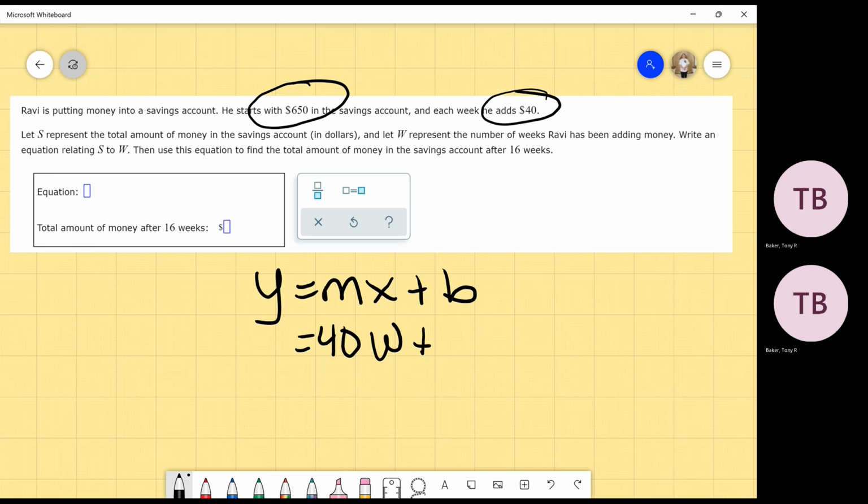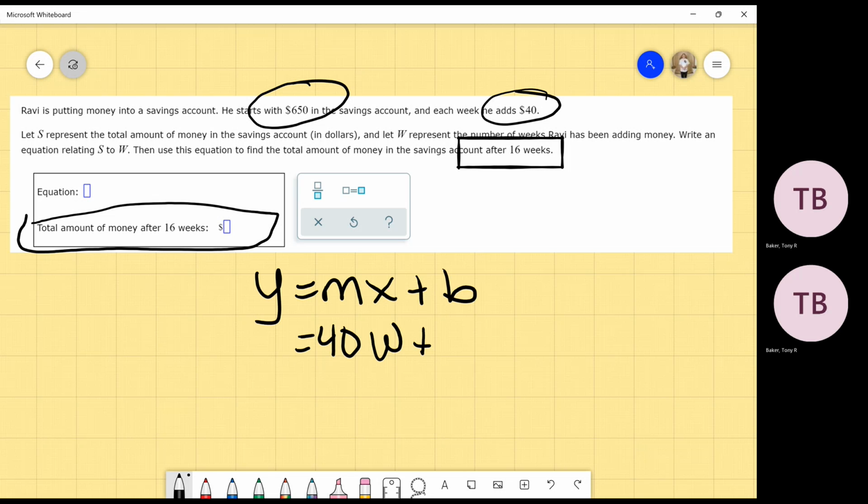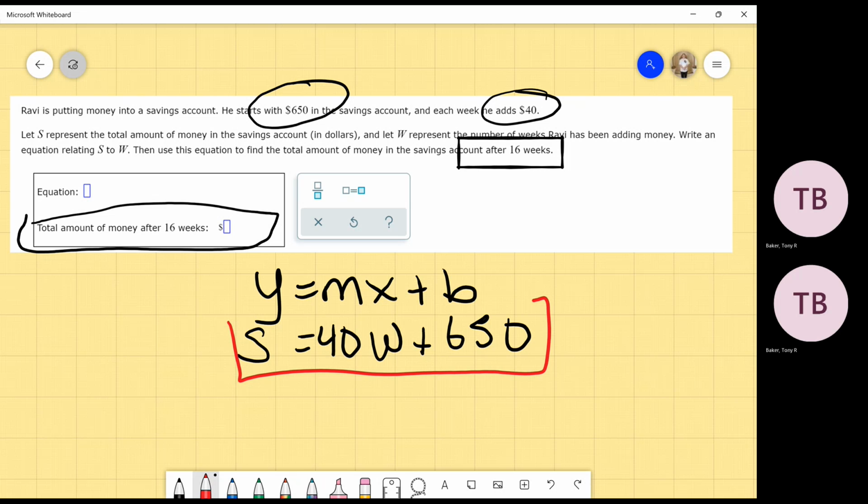That's separate. That right there is for this part here, not the equation. But good catch. So yeah, this one's 650, and then S is my total amount of money. So my equation for